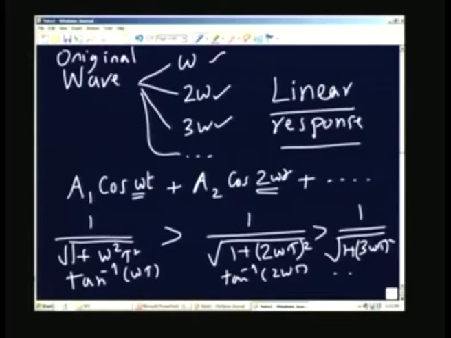In most applications, we may be interested only in the fundamental more or less, and therefore many times we need to worry only about the first term in this series, but there may be occasions when you want to look at the other terms also, and it can be done by this particular method I have indicated. So, with this background, let us look at a simple application of what we have done.